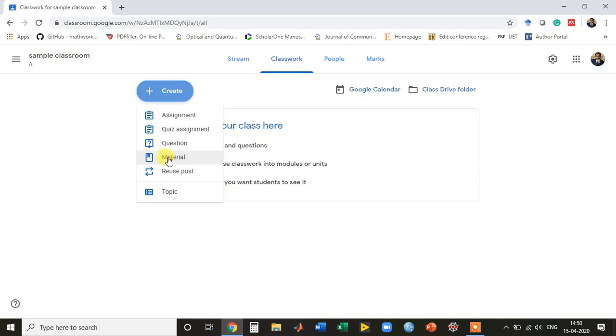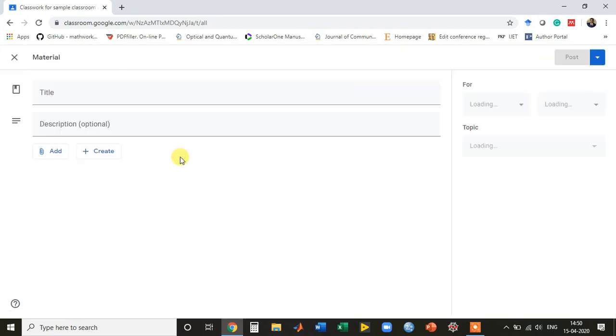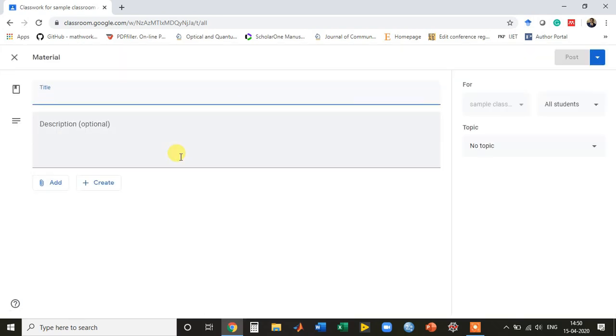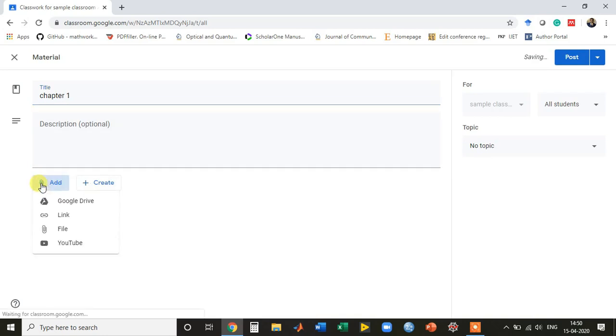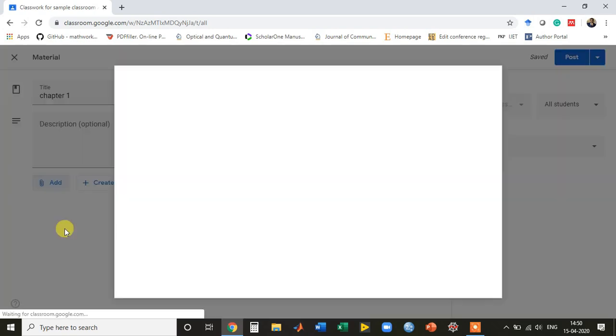If I want to share any material or PDF or books or any links or YouTube links with students, I will just click on this material and I will say I am sharing this material for chapter 1. So I'll simply write chapter 1, and here I can add any link which is available on the internet. I can add any file.